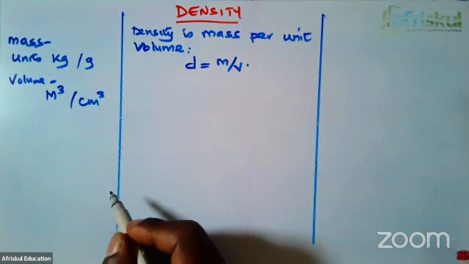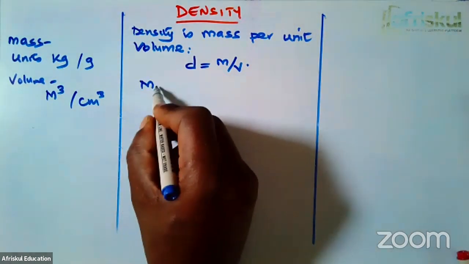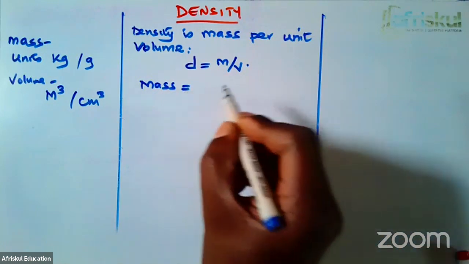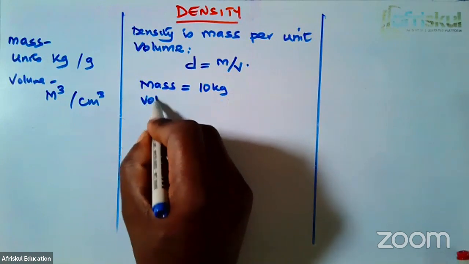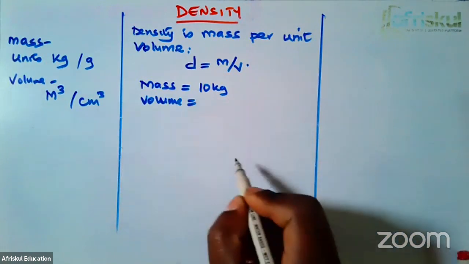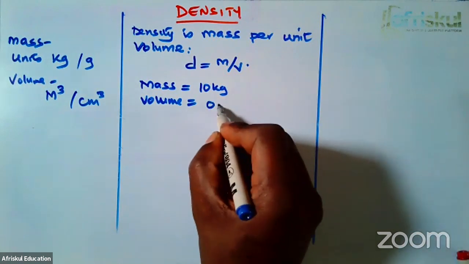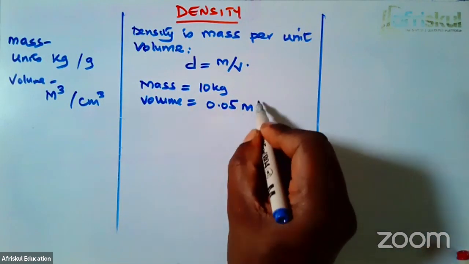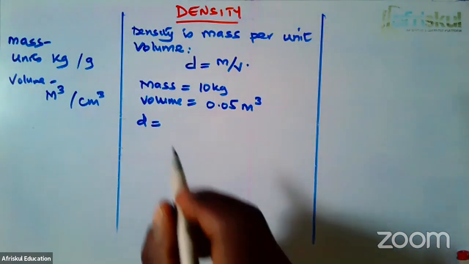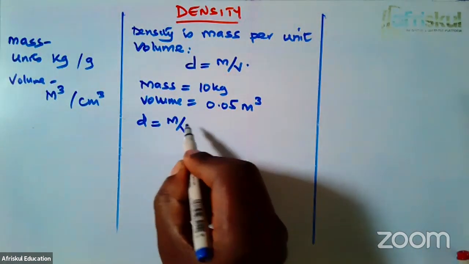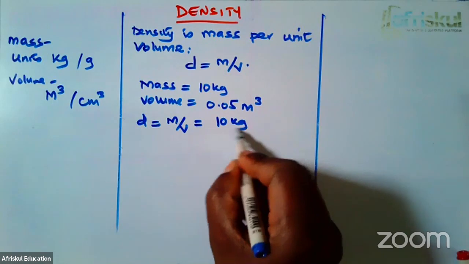Let me just give a very simple example of how you find density. If, for instance, we take the mass of some substance to be equal to, say, 10 kilograms, and the volume of the same substance to be, let me give it in cubic meters, say 0.05 cubic meters. So what is the density? Now, we obtain density by dividing mass over volume. So that means we divide the 10 kilograms by